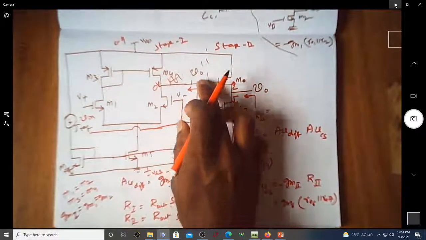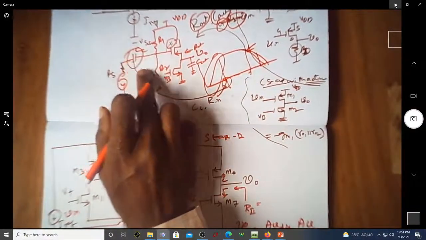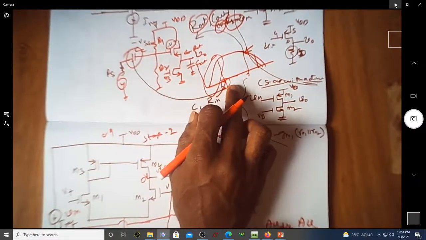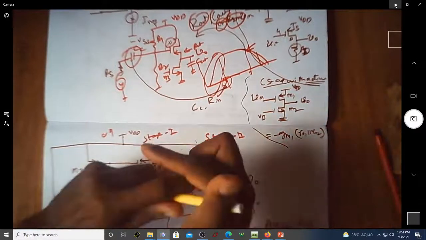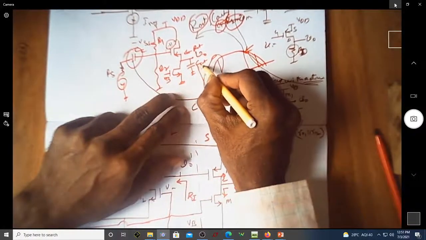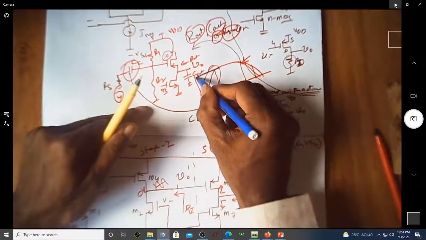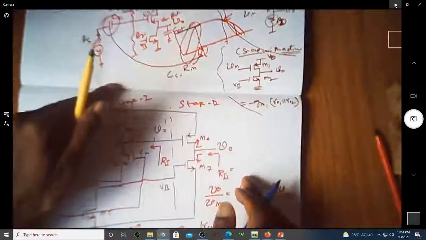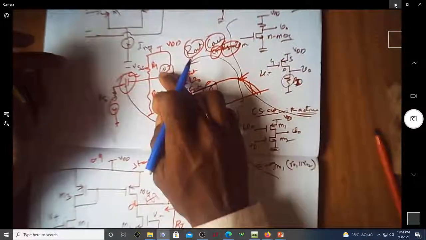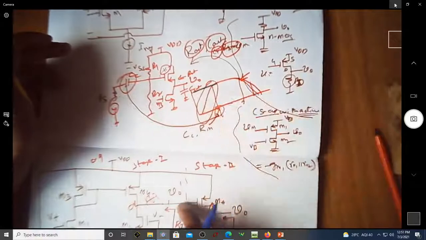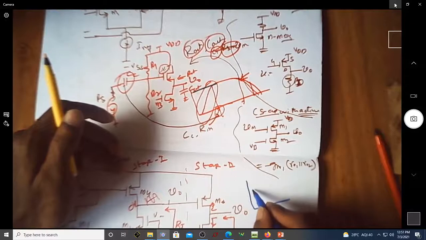The advantage of not using a coupling capacitor is that this pole, which was due to CC and Rin, will not be there. So naturally the frequency response of this will no more have this lobe, but it will have something like this. You can see it will not at all have this cutoff frequency. It will start from DC. Meaning this frequency response is different from this CS amplifier because it doesn't have a coupling capacitor.